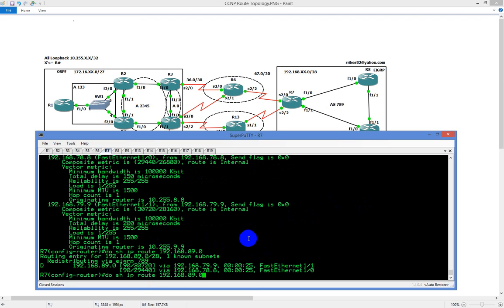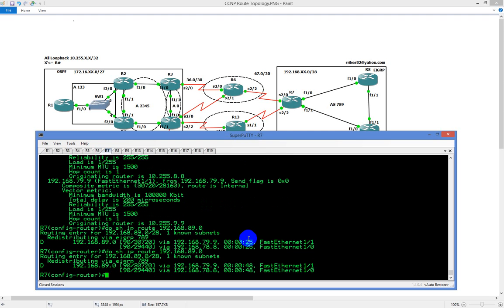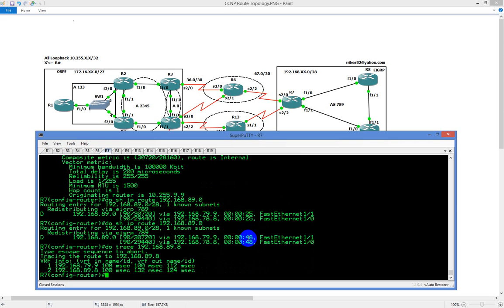Now, if we do a show IP route for, yeah, that is the best path. So if that is the most specific, if we do a trace route to 192.168.89.8, it's going to use both paths. Or